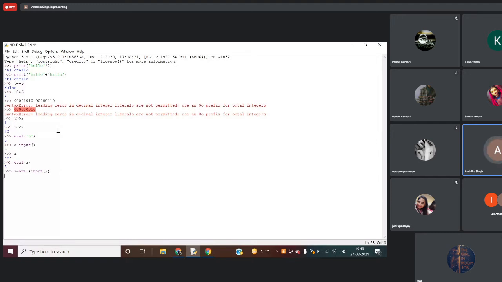So if I am taking 5 as input, it will be interpreted as five. You can use it like this also, or you want to do typecasting, whatever you want.